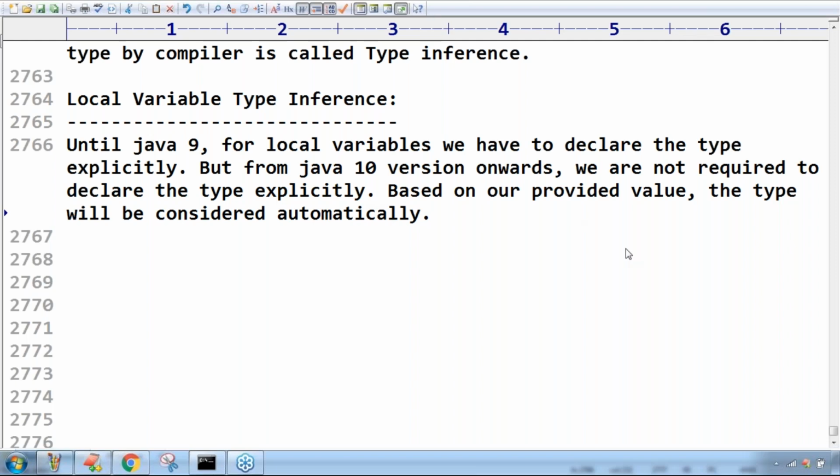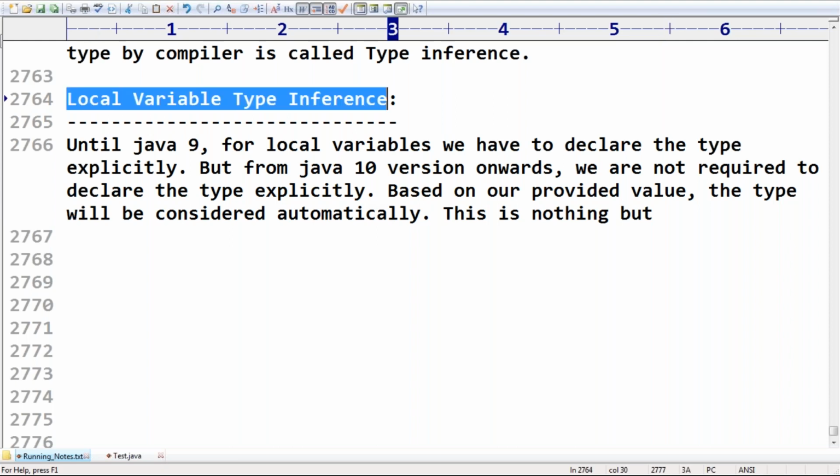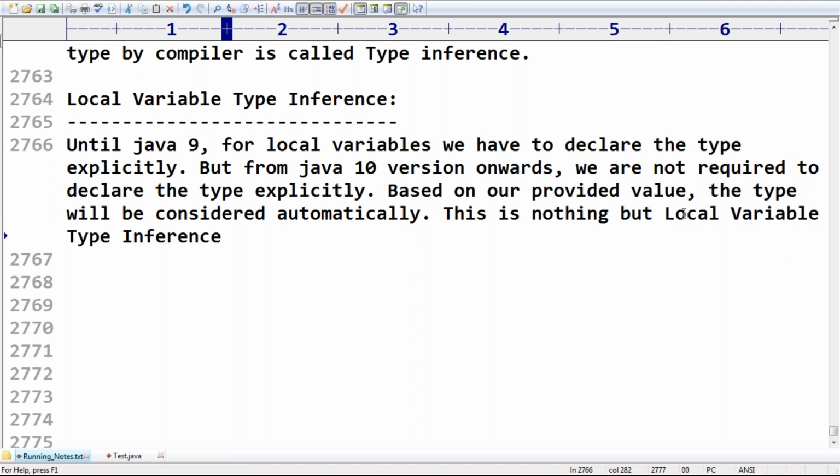Remember this one. This concept itself is nothing but local variable type inference. I hope it's clear for all of you. Is any explanation required? Are you getting the basic idea? What is type inference?